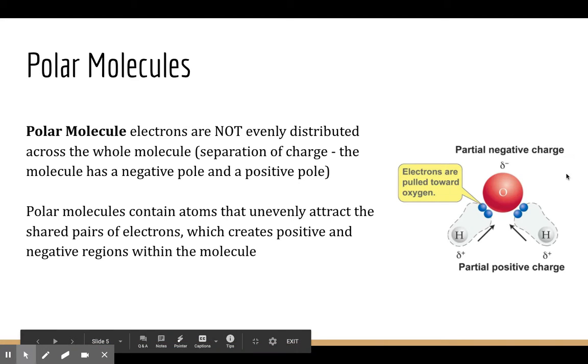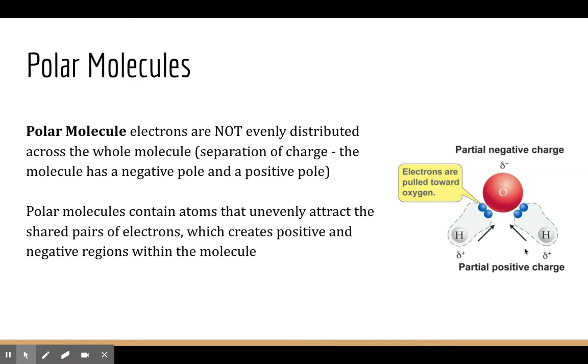So this is an example of a water molecule. So a water molecule has two poles. It has a negative pole and a positive pole. And we said that oxygen is an electronegative atom. So this oxygen atom is going to attract the shared electrons towards itself and away from these hydrogens. So because oxygen is more electronegative than hydrogen, these electrons, these covalent bonds, are going towards oxygen's nucleus and away